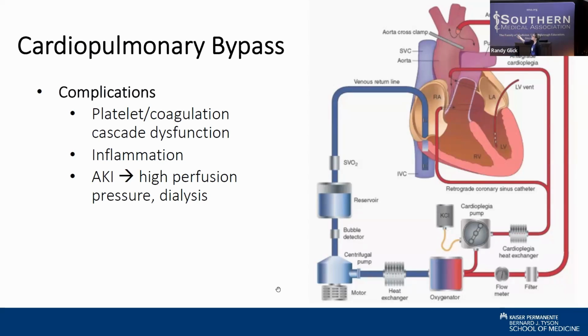Another thing is remember that the kidneys get 20% of the cardiac output. And so anything that's causing our cardiac output to go down can also affect